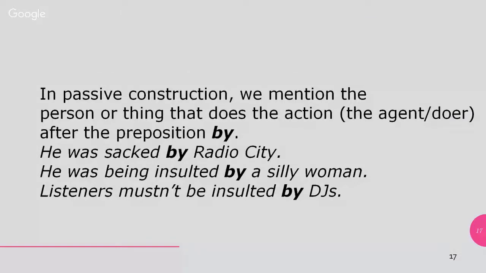In passive construction, we mention the person or thing that does the action. That is, the subject does the action. When the subject is doing a task, since the subject is active, we call it the active voice. The subject in this case is